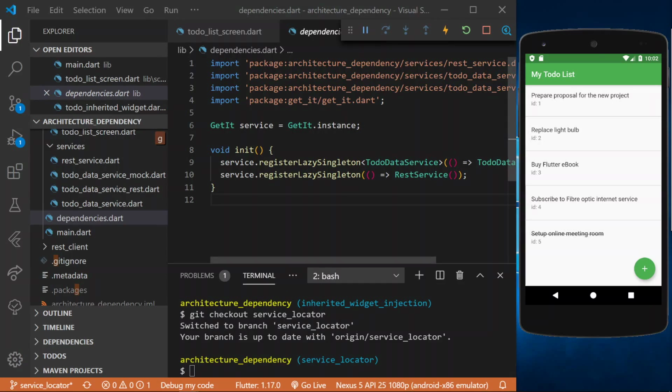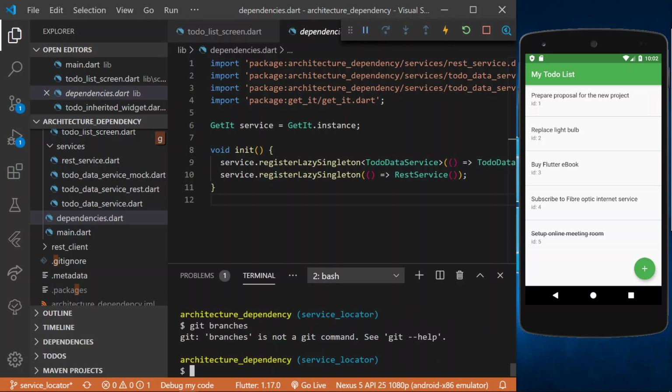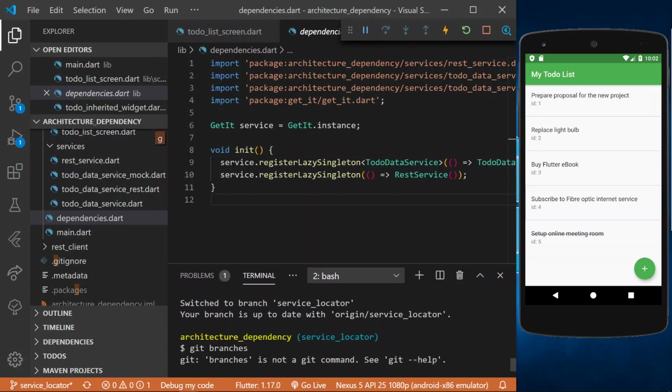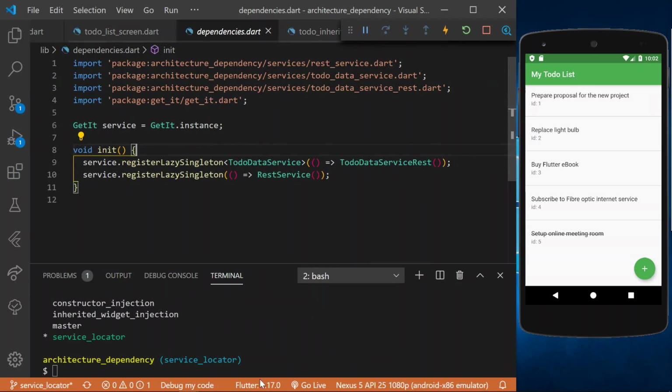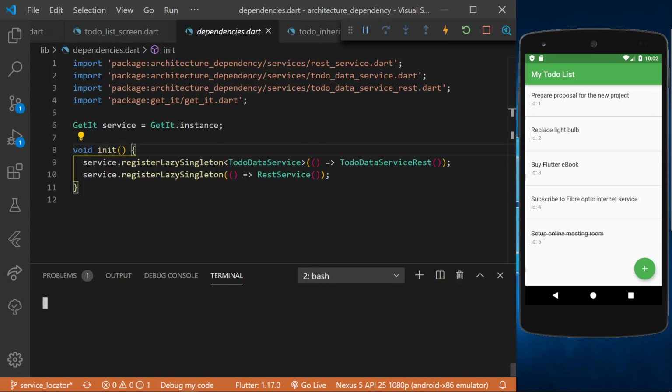I already have the branch for this. I believe it's under service locator. Yeah, service locator. I already have it, but this is the finished or complete version. So I think it's better for us to get started from the beginning. I'm going to base my demo on the global approach, which is the one that I showed in the beginning. So I'm going to go to the master one, which is here, and then create a